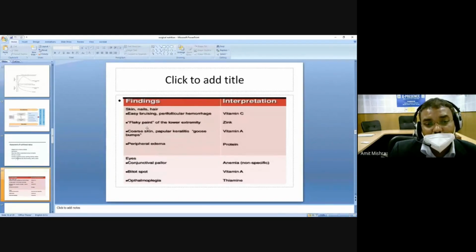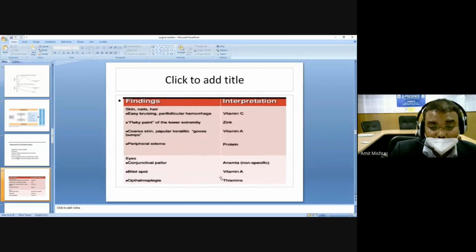Then flaky paint dermatosis of the lower extremities, that's basically zinc deficiency. Then coarse skin, follicular keratosis, goosebumps, that's vitamin A deficiency. Then peripheral edema is there, protein deficiency. After examining the skin, the eye examination is important in physical examination. Conjunctival pallor indicates anemia, and you may find a Bitot spot, vitamin A deficiency, then ophthalmoplegia,